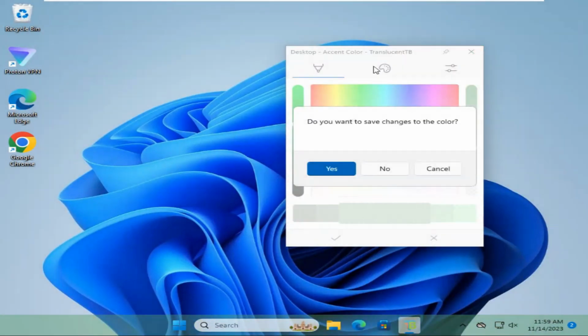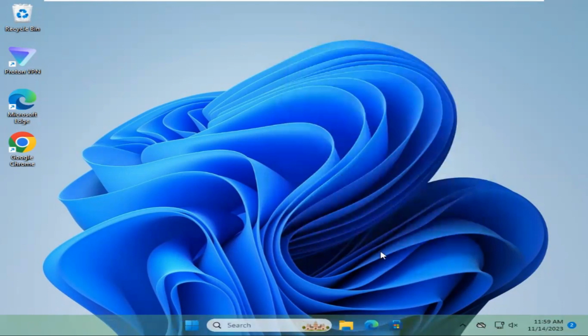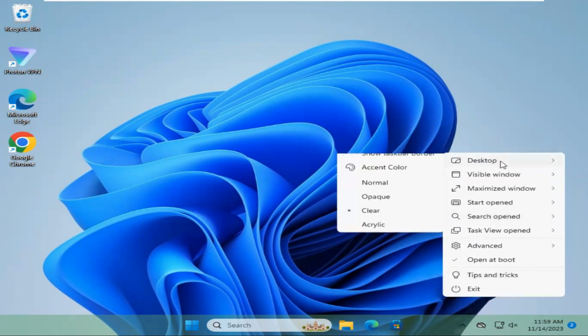Close translucent TV and click on OK. Yes. Now, if you want to go back again to fully transparent, click here, click on translucent TV and click